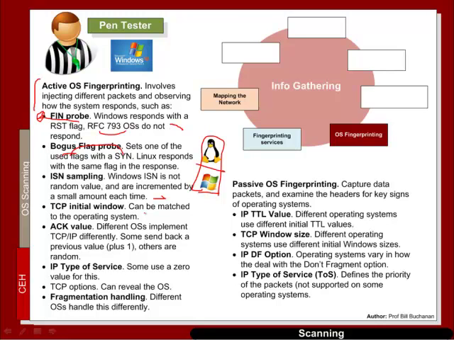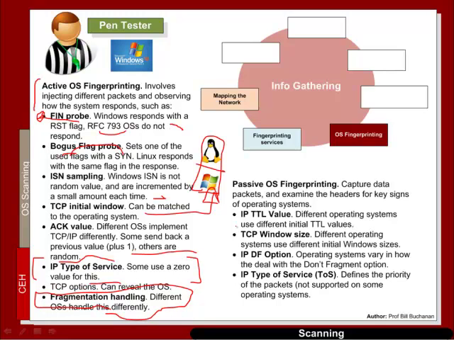For the initial window size that we can create, again, Windows and Linux vary with this. We can have an ACK value because different operating systems respond back differently for this. The IP type of service, various types of operating systems either support this or not, and this is related to quality of service. TCP options have things that reveal the operating system, and then the way that they actually deal with